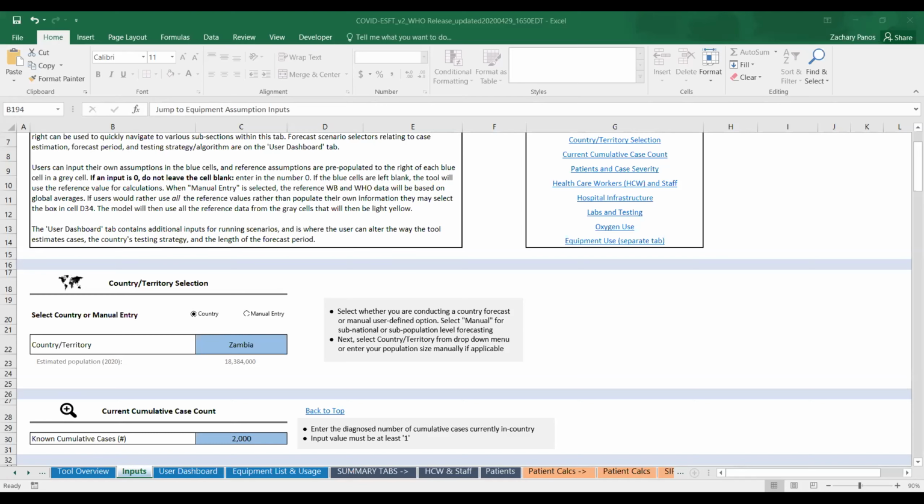The tool that we have here at ESFT, as you saw, can project and forecast up to 52 weeks ahead of today. However, the recommendation is to use the tool for shorter periods of time. And that's because of how unpredictable the nature of disease transmission is and how variable and fluid the situation has been from country to country, which depends greatly on a government's response and the way that it's been tackled from place to place. And you've seen, I'm sure, reading the news, how different it's been from location to location and how quickly also things can change.